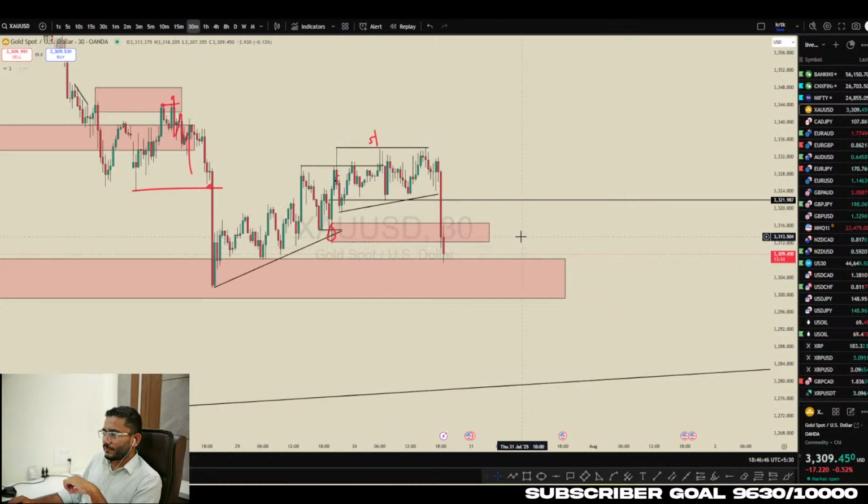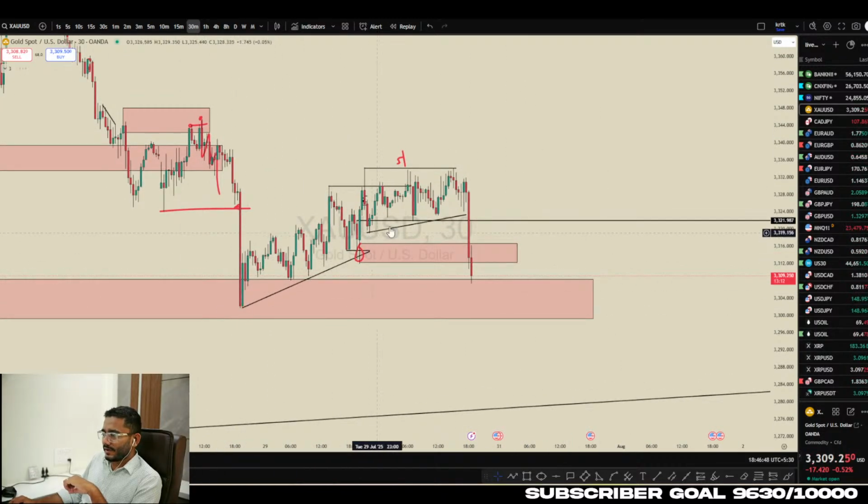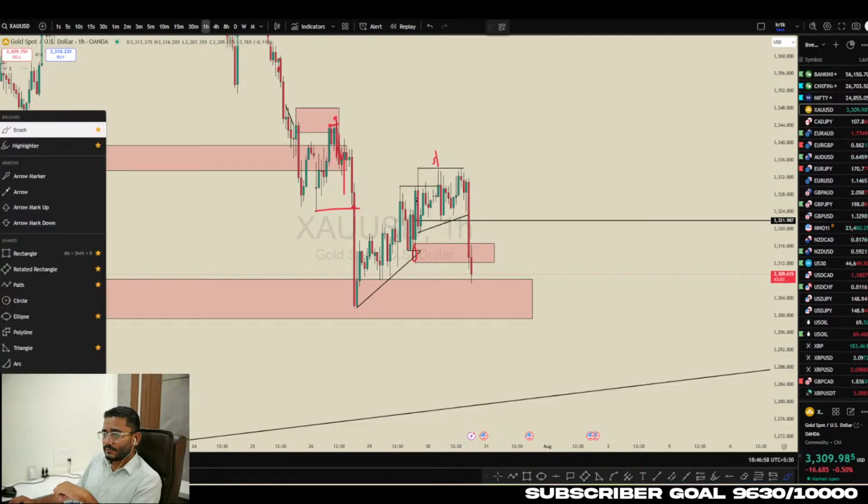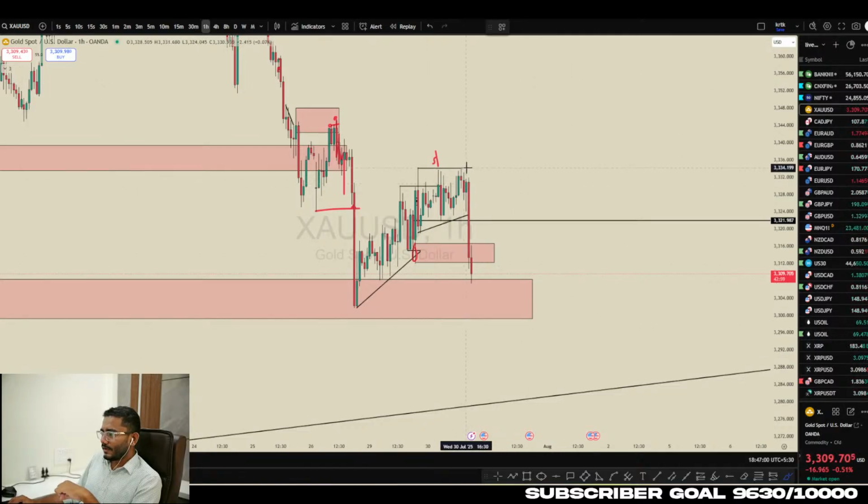On gold also, now we know that price has created this trend line liquidity and it's already starting to break all these areas. So we don't know when price will stop and whether it should continue higher or downside. So until and unless price sweeps liquidity and gives us a break of structure to the upside or to the downside, till then we'll not look for any entry.